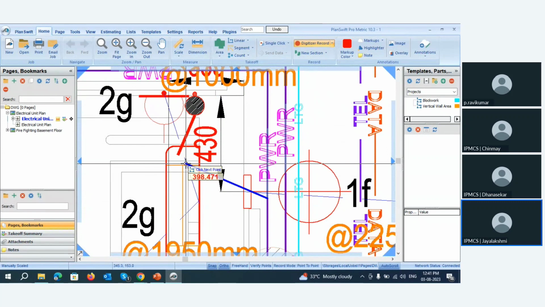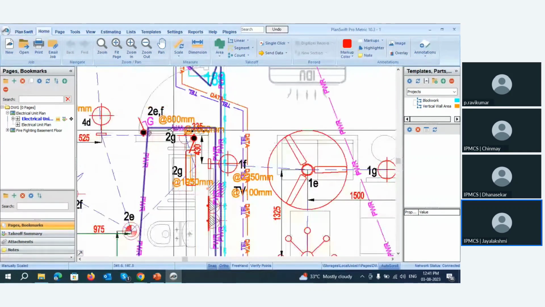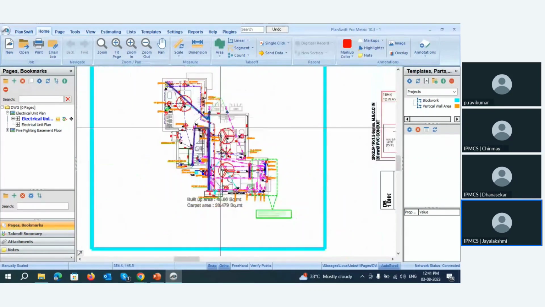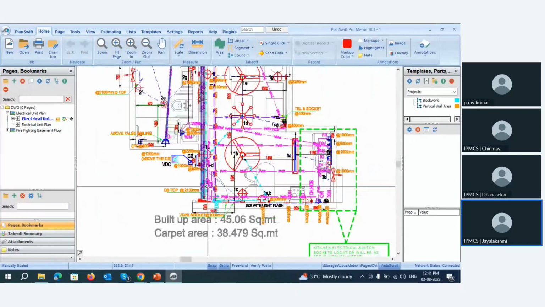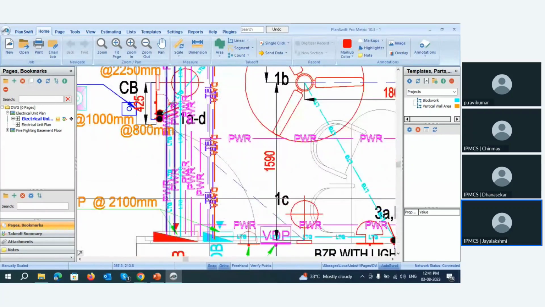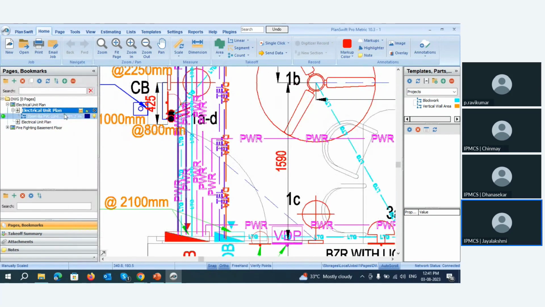To end a job, we can just click on the escape button and this job is ended. But if you look into the drawing, my takeoff is not complete. There are a few more elements to take off. So what can be done? If you expand this screen in this area, you will see that my 25 mm conduit is being measured here, and till now I had measured